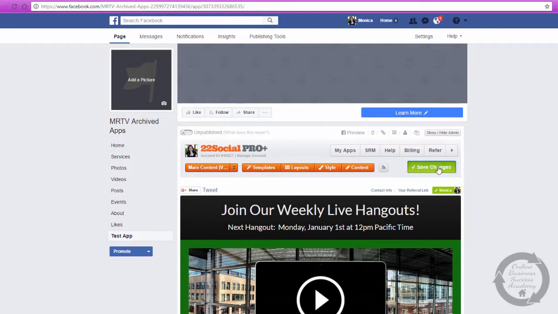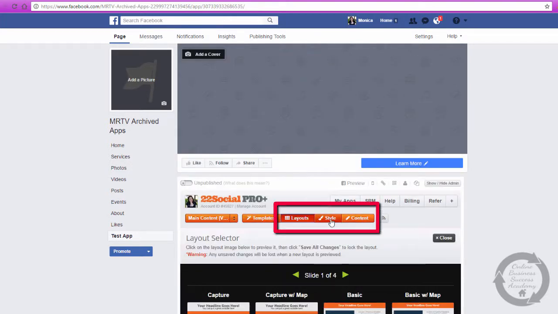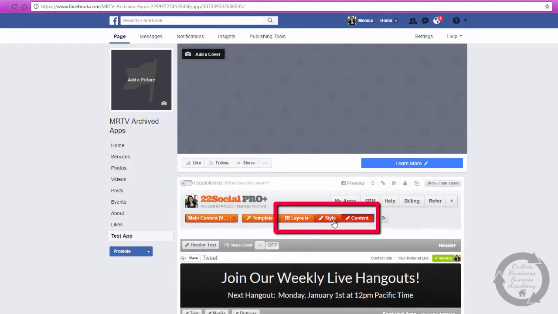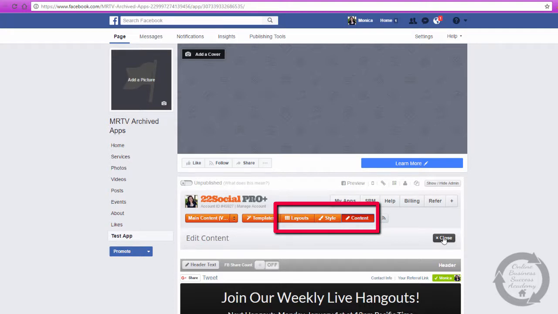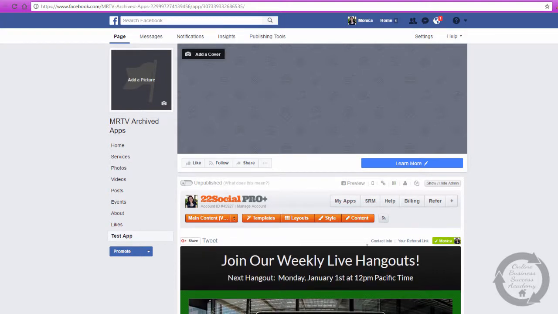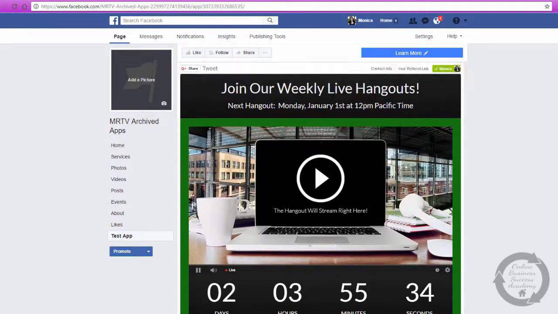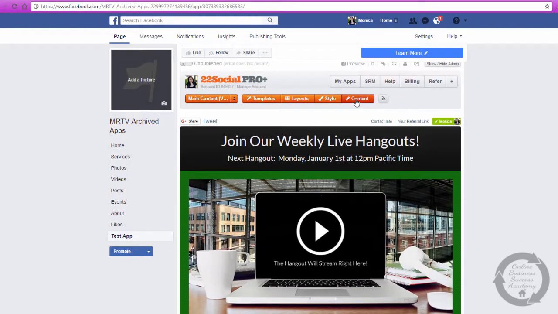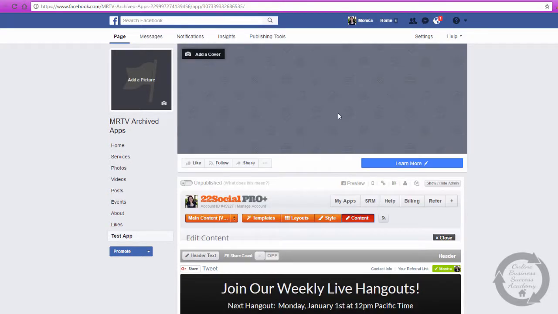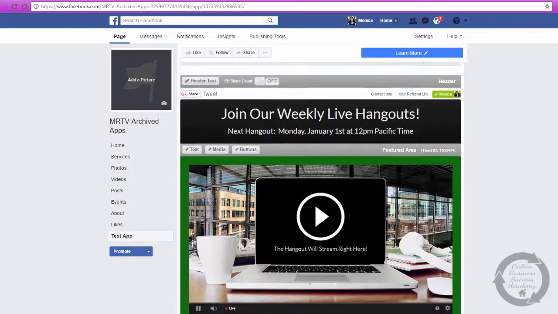Just don't go back in and choose a new template after you've started because it'll wipe clean. But as long as you stay away from templates after using it the first time, unless you want to start over, all of these sections, the layout, the style, the content, these 3 you can change as often as you'd like, and as long as you save each time, the content in there will not be removed. They'll just be hidden. So if I go in and decide maybe I don't want to show that shadow right at the bottom,